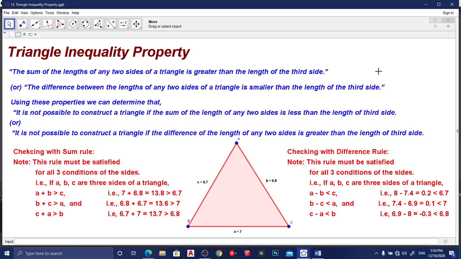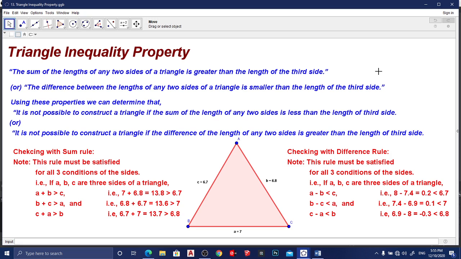Good morning, students. Now we are going to learn a new concept, which is the triangle inequality property. In our topic of triangles and their properties, this is another property. By using this property, we can tell whether the given three sides belong to a triangle or not. If three sides are given, we can judge by using